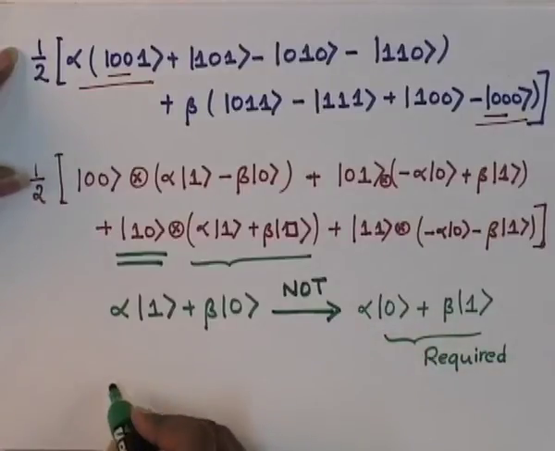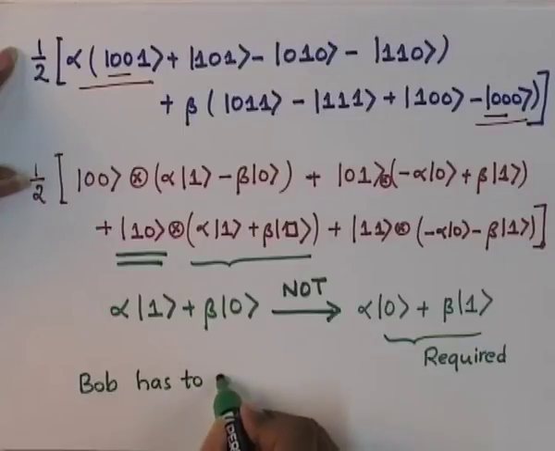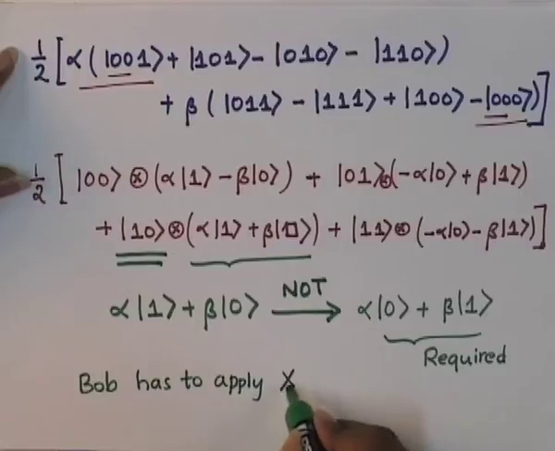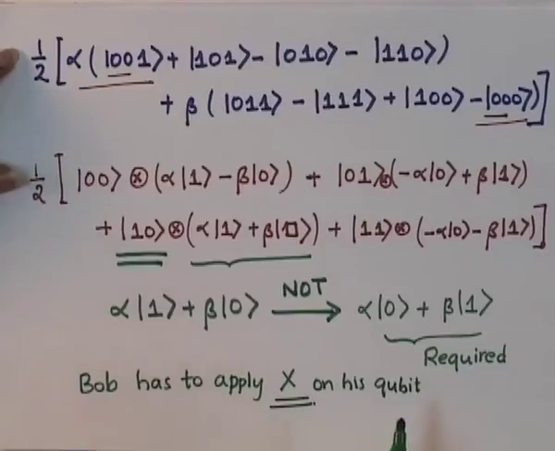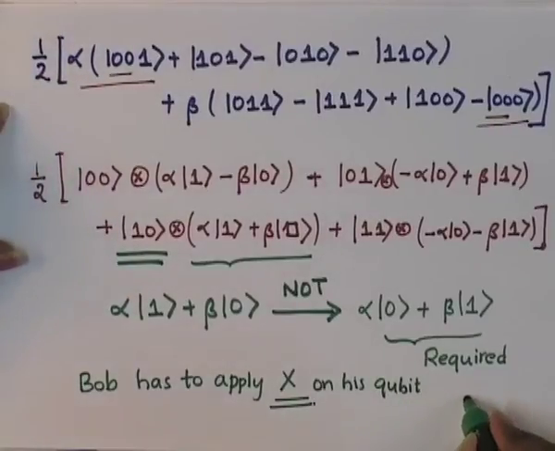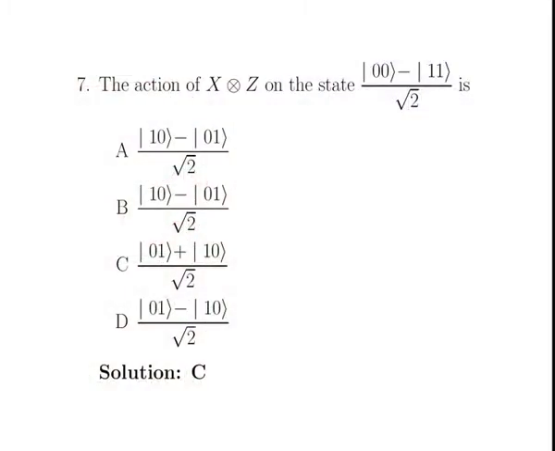So we conclude that Bob has to apply X on his qubit. So the answer is option A. Now we look at question 7. Question 7 is a simpler one